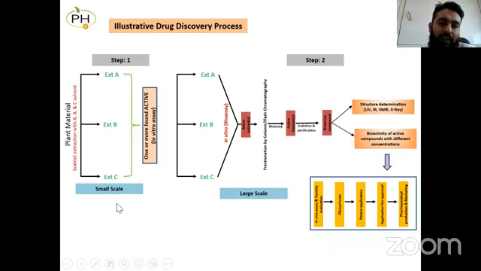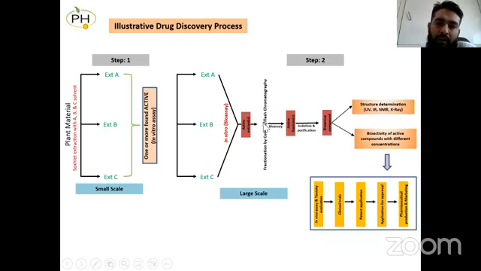Suppose out of these three different extracts, you are getting positive results with a particular in vitro assay, like anti-cancer or antiviral or antioxidant, whatever activity you are targeting. You just do the in vitro assay of these three extracts, and if you are getting positive results, then you should go for this large scale extraction, and again repeat the in vitro assay, whatever activity you are targeting, and after extraction